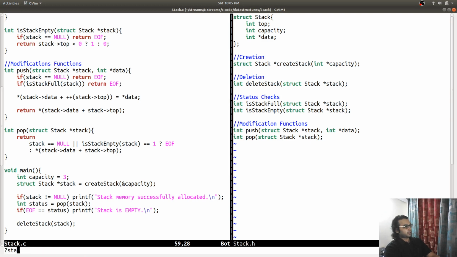Now I'm going to modify this status to popped value, because I am returning the popped value from data. So, value.